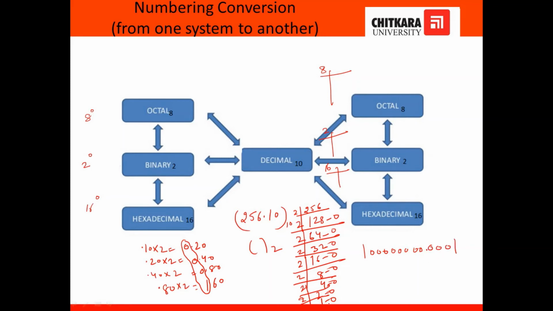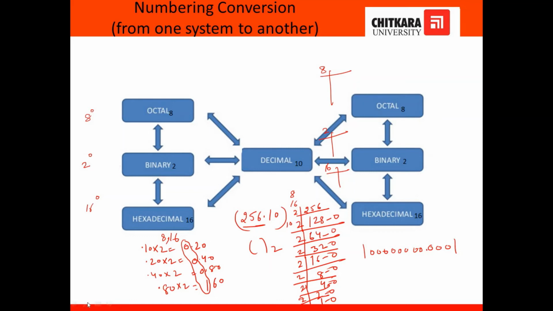One thing you have to remember is, when we divide before the decimal value, we choose the approach from bottom to top. Otherwise, we choose the top to bottom approach. So this is the case for others also. When you want to convert it into the octal form, you divide it by 8, and here you multiply it by 8. Whenever you want it in hexadecimal, you divide it by 16, and here you can multiply by 16. Fine. So it depends on what exactly you want.